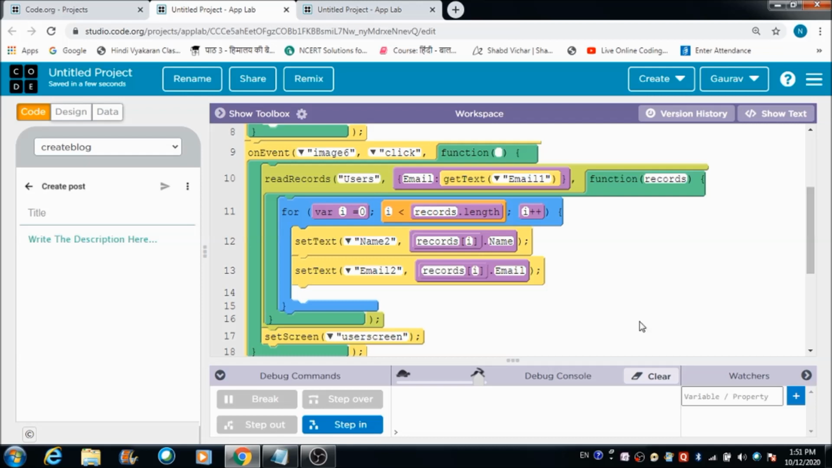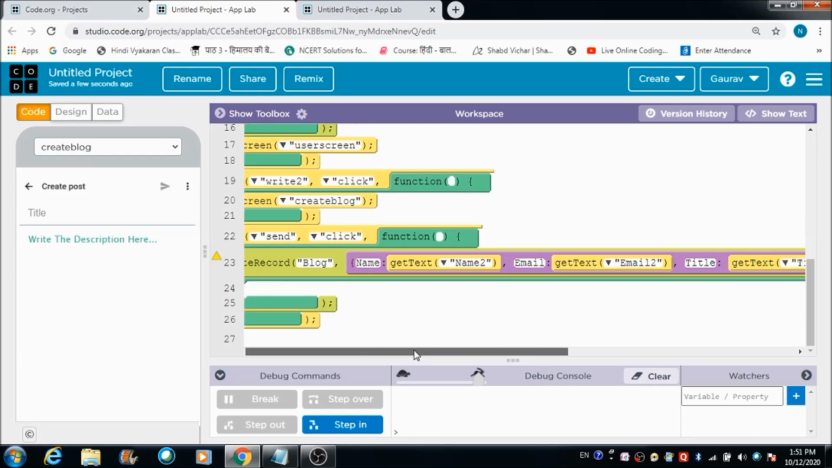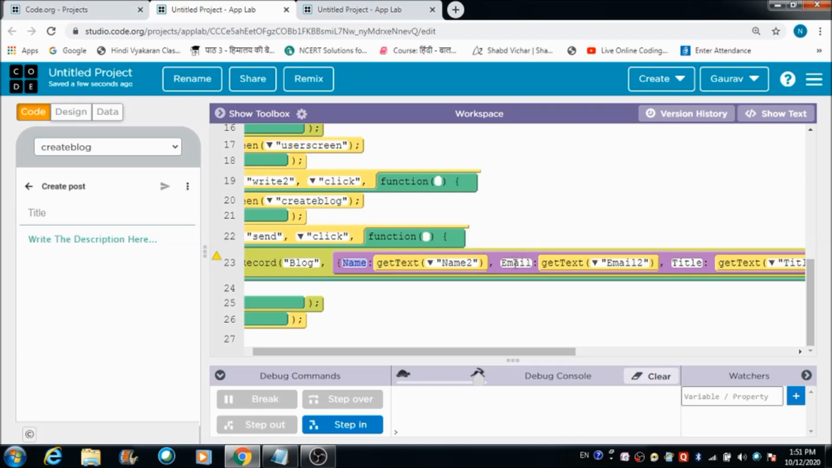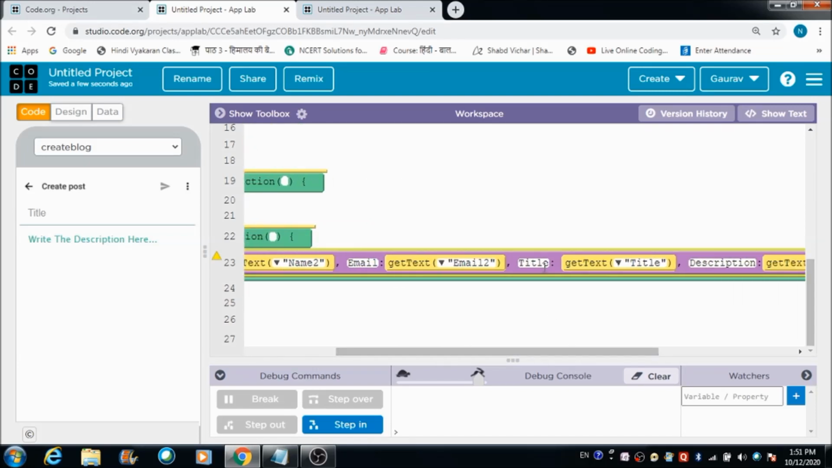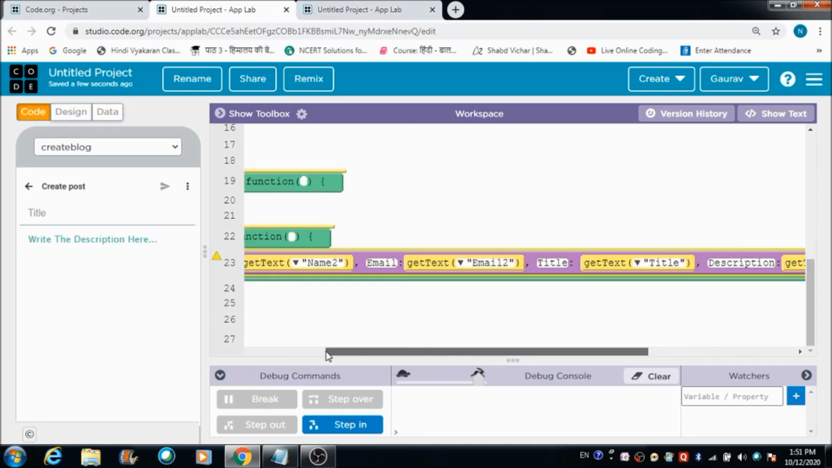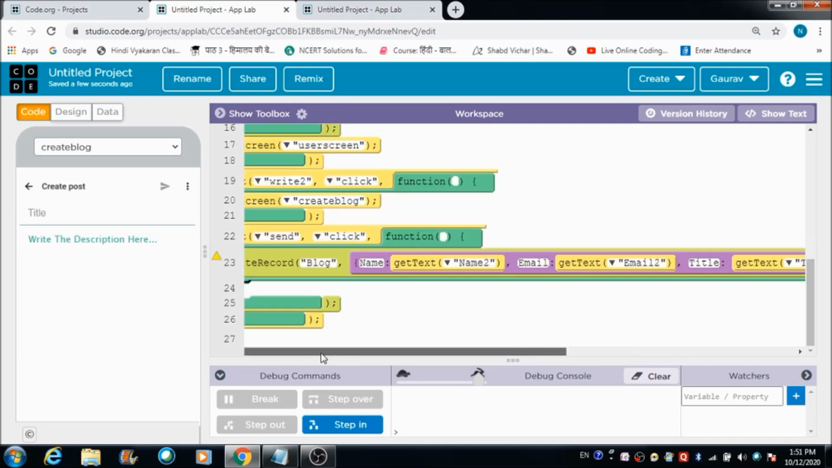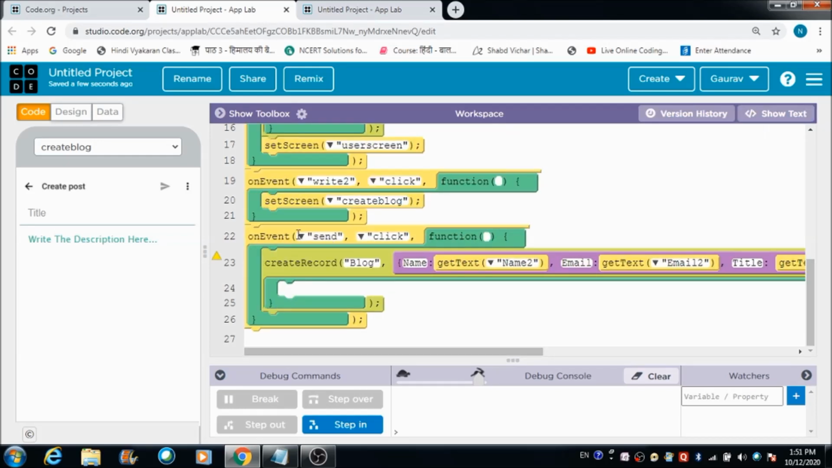Let me just check the code one more time. So when the user will hit the send button, a table with name blog will get created on the data browser, and in that table we're going to have 4 columns. Okay, I think everything is perfectly fine. Description, yeah, I just wanted to verify the spelling. Yeah, that's fine. Now besides that, I would like the user to get redirected